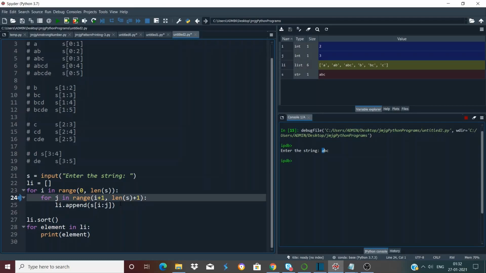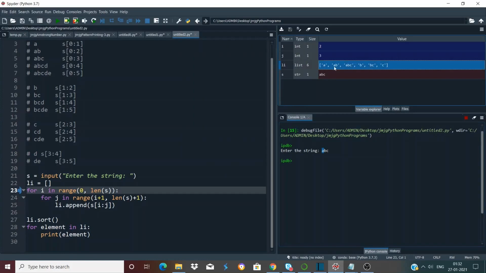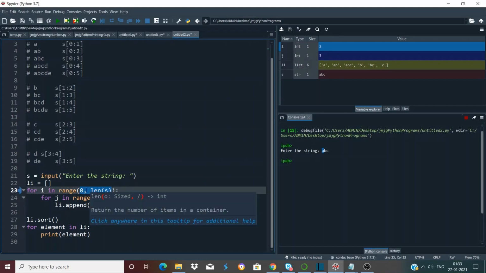If we again press Ctrl plus F10, it goes to line number 23. So we have got all the substrings, that is A, AB, ABC, B, BC and C. The current value of i is 2, right? And that is the last number of this sequence. Here we had 0 to 3, so 2 is the last number of this sequence. So we have exhausted all the iterations of the outer loop as well. It will no longer enter the loop, so from line number 23, it will directly come to line number 27, right?